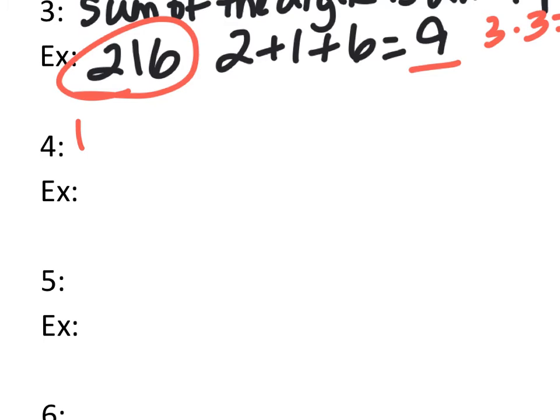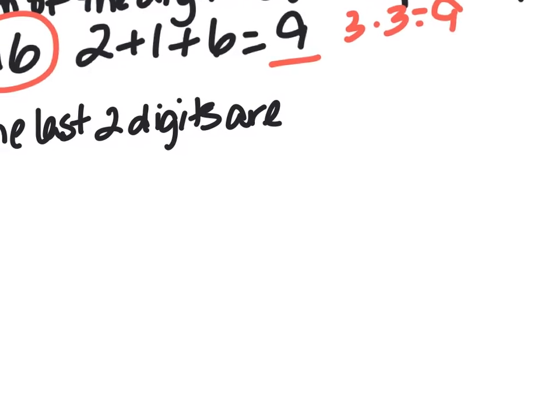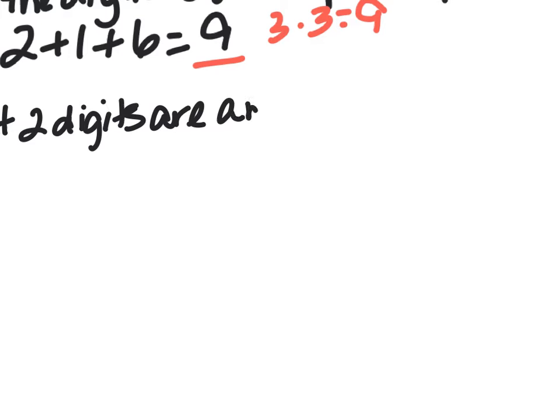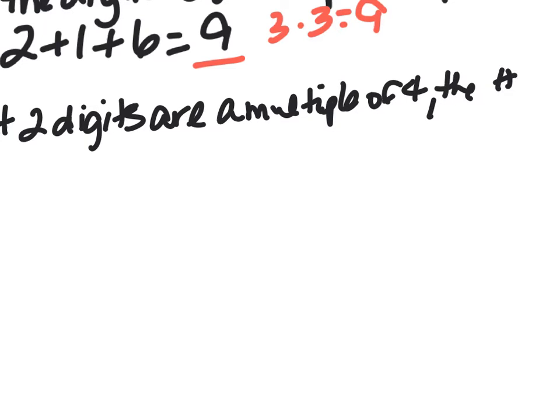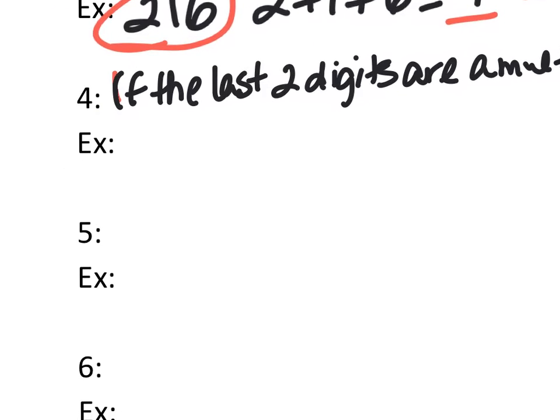Okay? The rule for 4 is that if the last 2 digits are a multiple of 4, the number, the whole number, is a multiple of 4. Okay? So let's do an example of that. Let's take